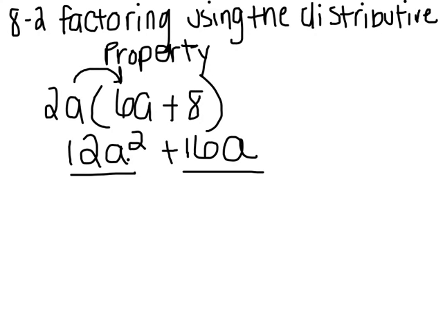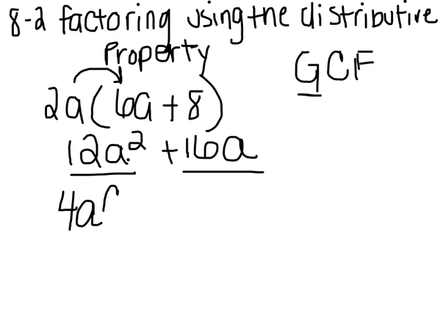The GCF, or greatest common factor, is the greatest number that our two terms, or three terms or four terms, have in common. So the biggest factor that our two terms have, 12 and 16, can both be divided by 4. And they both have an a. So we'll be taking out 4a,